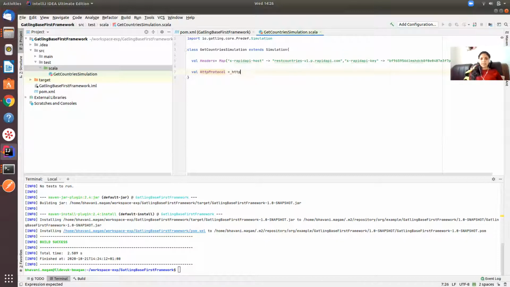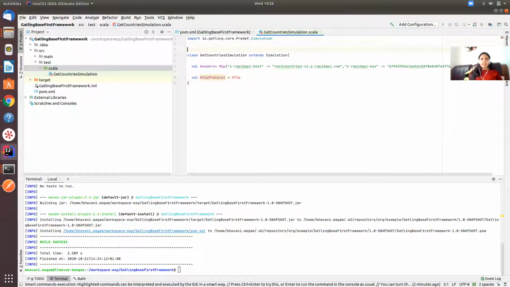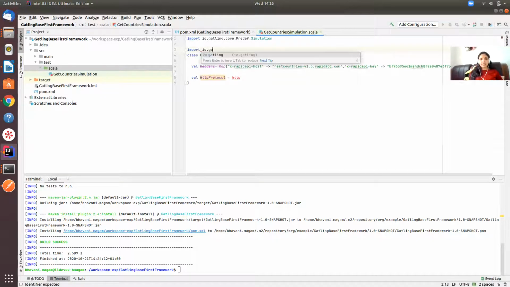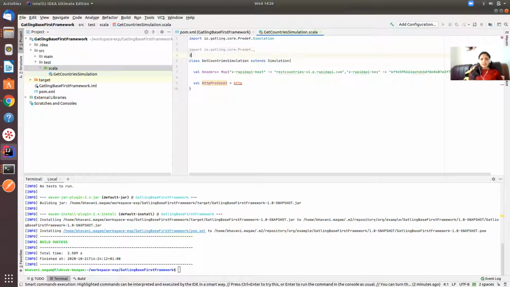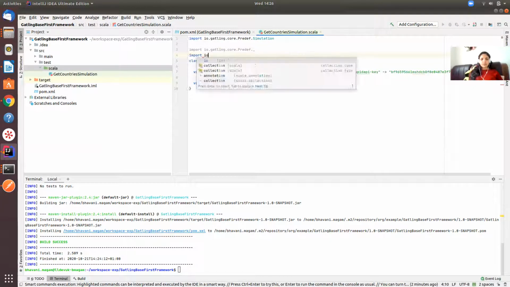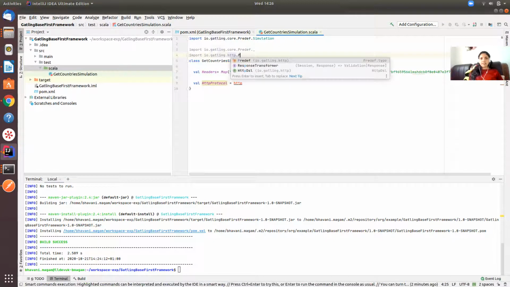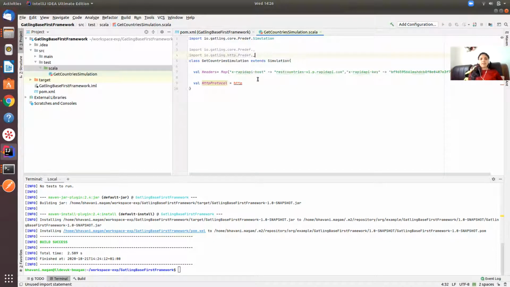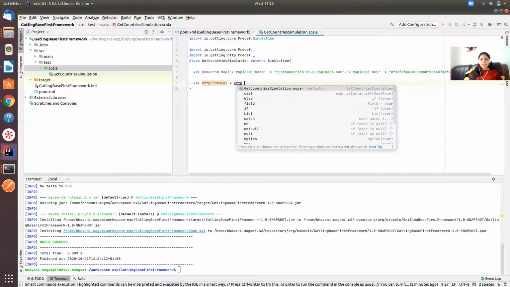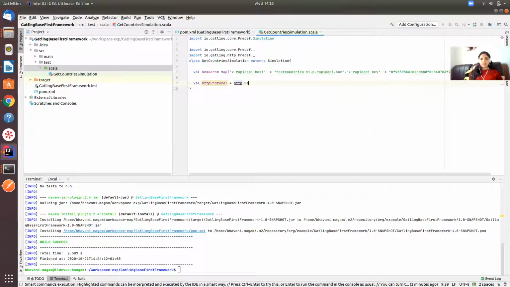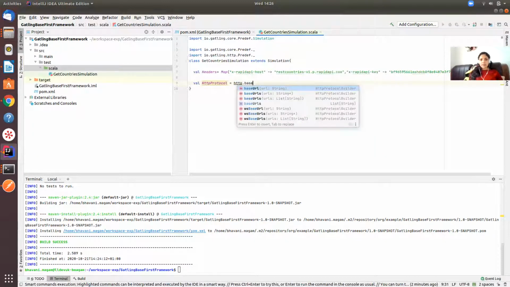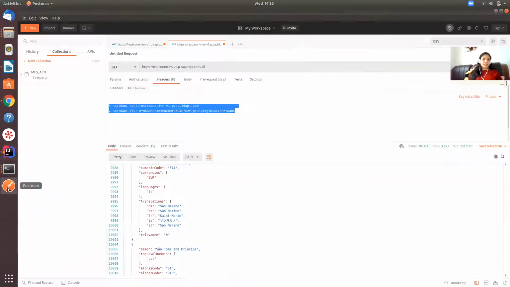So for all Gatling classes, try to import io.gatling.core.predef._ and import io.gatling.http.predef._. Okay, so now you have http dot baseUrl, and your base URL is